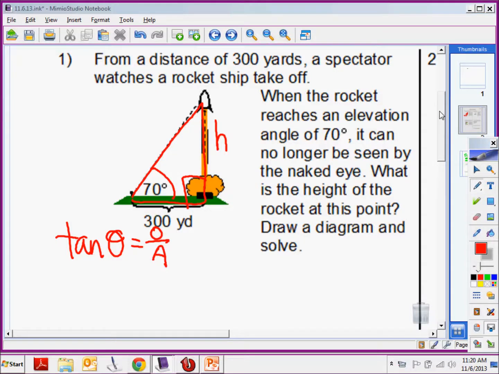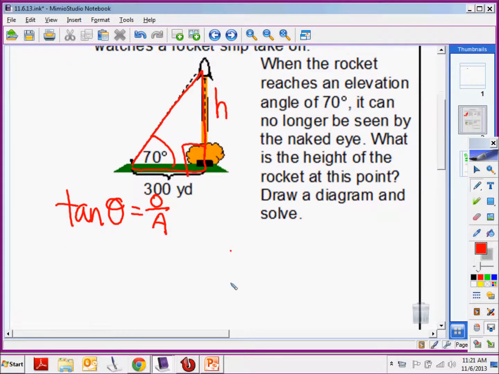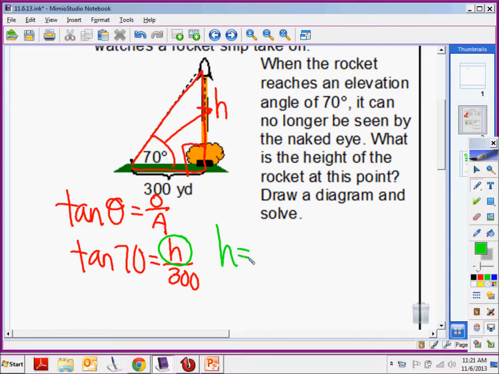All right, so tan of theta equals opposite over adjacent. If I have opposite over adjacent, I just fill in what I know. So my theta is actually what? 70. And what's my opposite? It's my height, right? My opposite is my height. It's across from it. And my adjacent is, where's my variable? At the top, in the numerator. Because my variable's in the numerator, what does that mean I need to do? Multiply. So in order to find the height, it's going to come down to 300 times the tan of